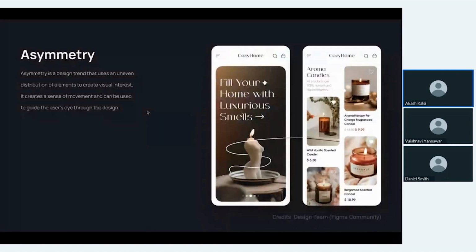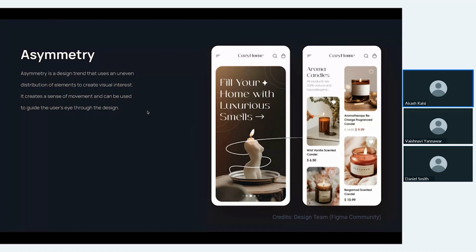So instead of opting for symmetry in their designs, these days designers have been using asymmetry in their UI, while symmetrical design often creates a clean and simplistic look. We have seen asymmetry becoming a growing trend in recent years, where people intentionally use these asymmetrical designs, as you can see on the right side of the screen, or you can say the uneven distribution of elements. So basically it creates some kind of visual interest and takes users' attention, which makes it a favorable choice for designers.